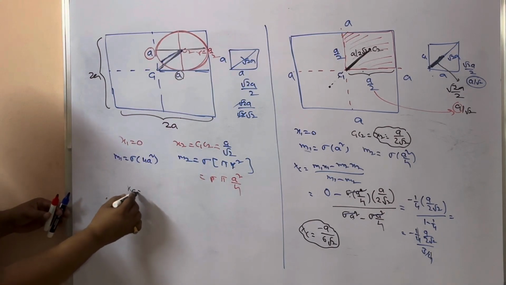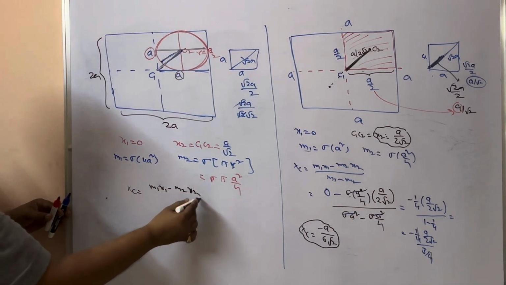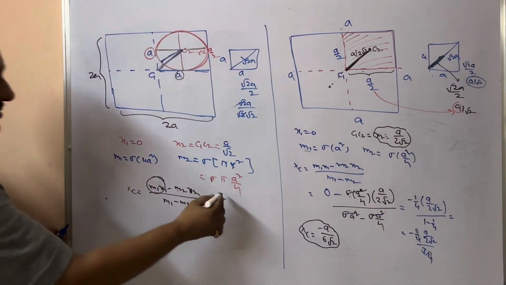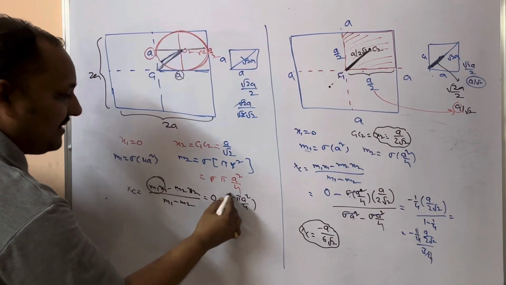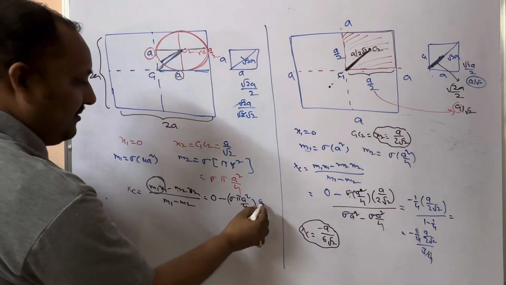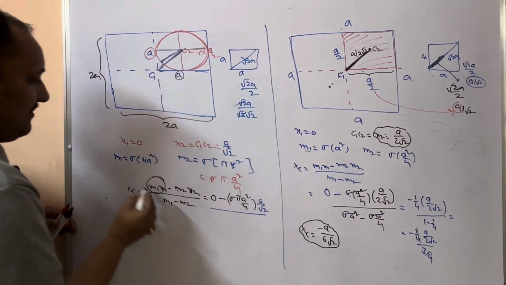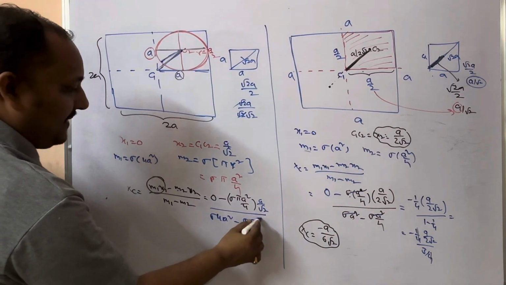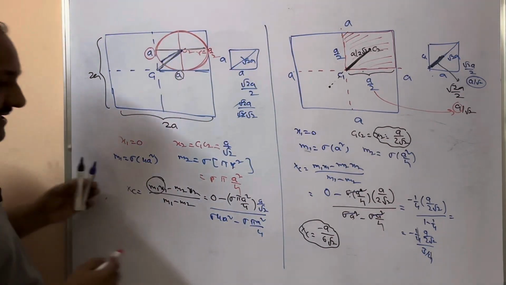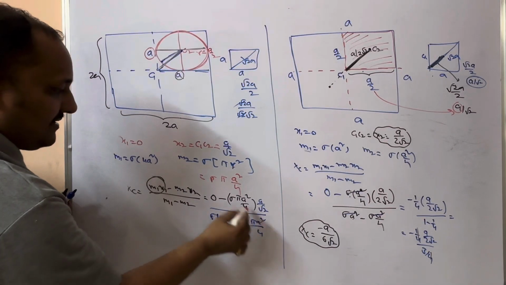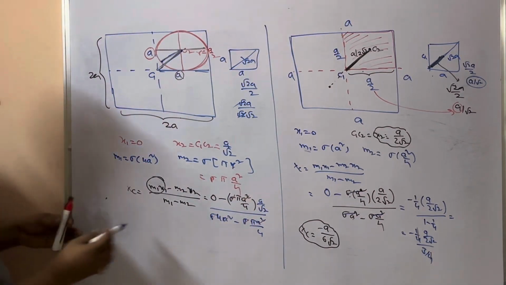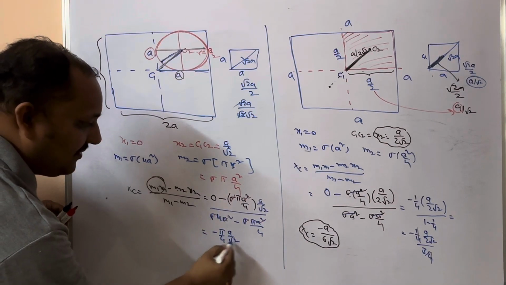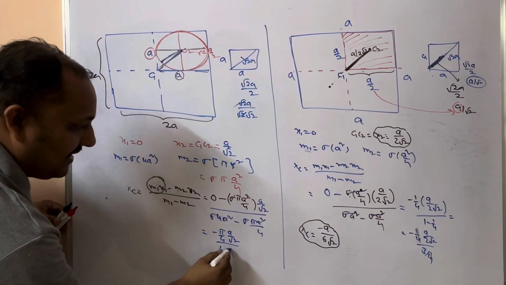Once you have this, our formula is this one only: M1 x1 minus M2 x2 by M1 minus M2. This is 0 minus, what is M2? Sigma pi a square by 4. What is x2? x2 is going to be a by root 2, divided by M1, sigma 4a square minus sigma pi a square by 4. Sigma a square will be cancelled. What will be remaining? The final answer is minus pi by 4 a by root 2 divided by 4 minus